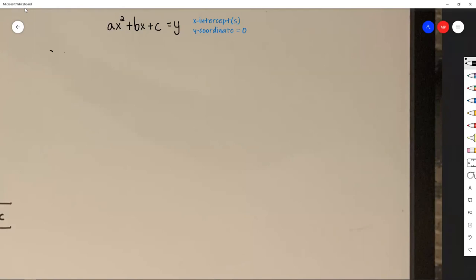Let's get into this. We have ax squared plus bx plus c equals 0 because it's a y value of 0 whenever I have those x-intercepts. Now I'm going to divide everything by a in this equation. And that will yield